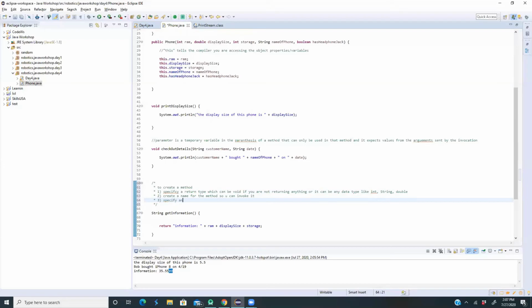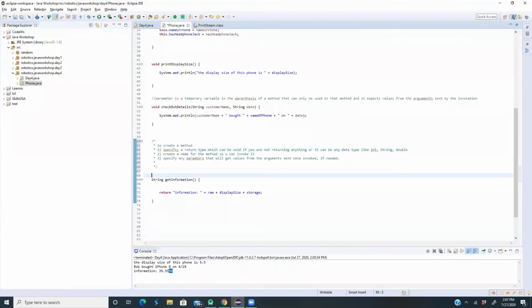And the third thing you do is specify any parameters that will get values from the arguments sent once invoked, if needed. So you don't need parameters. We didn't use any parameters here. So that's basically the steps to create a method. And also a step before this is you would have to use an access modifier like private, public, static. You have to use those types. And I'll go over that Friday. But just know for now,